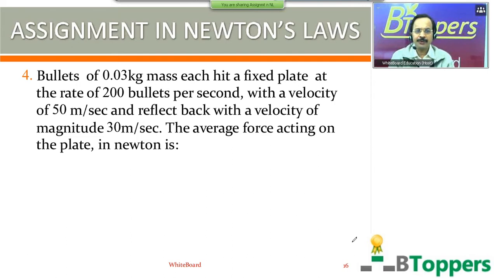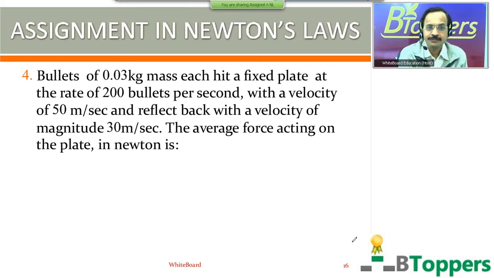See the next question, question number 4. Bullets of mass 0.03 kg each hit a fixed plate at the rate of 200 bullets per second with a velocity of 50 meters per second, and reflect back with a velocity of magnitude 30 meters per second. The average force acting on the plate in Newton is...